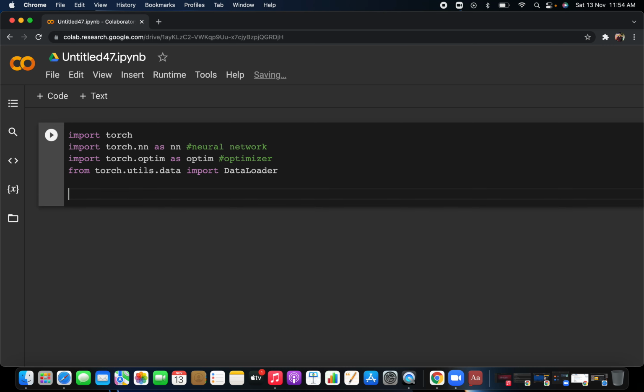We have to focus on one more library, that is the torchvision library. The torchvision library works in parallel with torch. Okay, you just have to import torchvision, that's it. And if you don't have this library, just run pip install torchvision. So torchvision is basically the computer vision library.